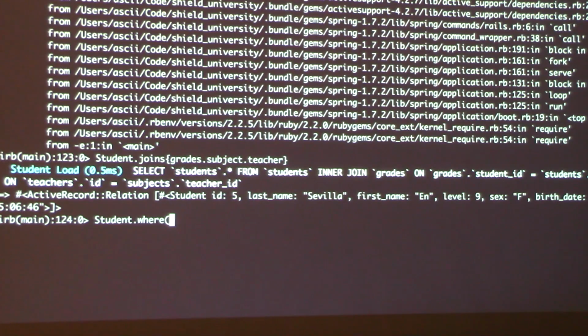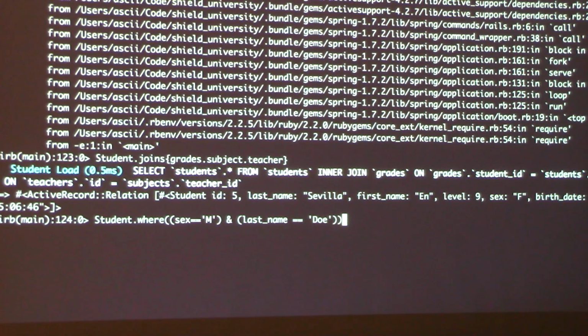So you can say, for example, sex is male. However, you also want to make sure that his last name, for example, is Doe. So last name equals Doe.